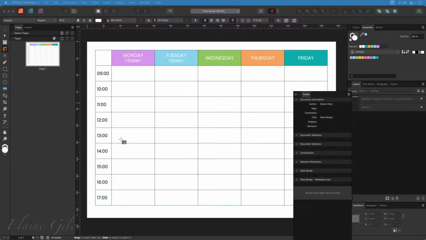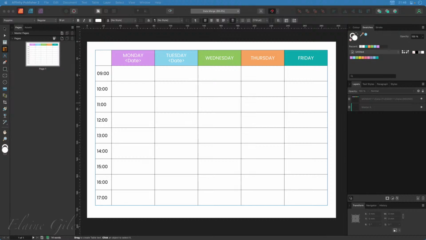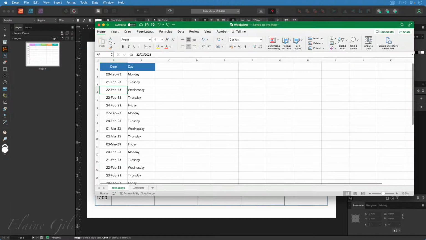Okay, so that's not working. That's the crux of it. Right. Let's fix the date issue first. So the fact it's showing a serial number, we can fix that because if we go back into Excel, which is why you need to understand Excel,